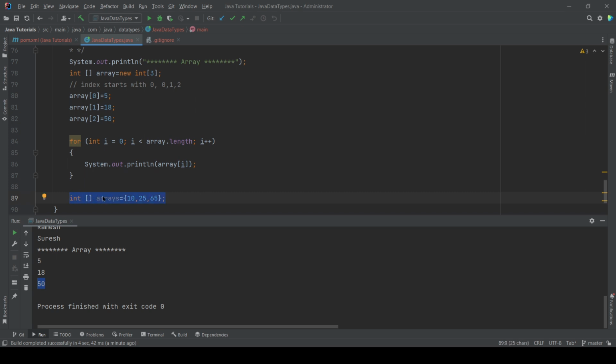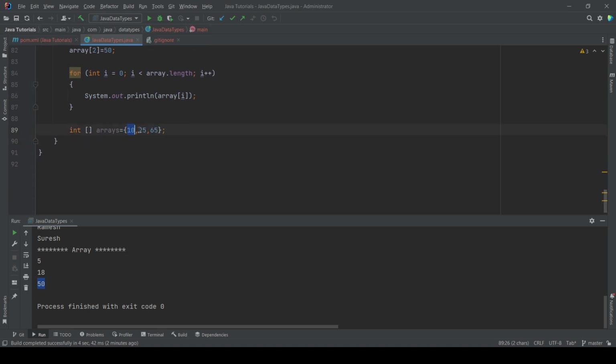In the first type of declaration, we first declared an array, assigned a continuous block of memory for 3 values, and then we assigned the values. Instead of that, here we have declared an array and assigned the values at the same place. Now 10, 25 and 65 are stored in arrays, and you can't increase the size of the array now. This is fixed. Yes, you can write more elements here, like 56